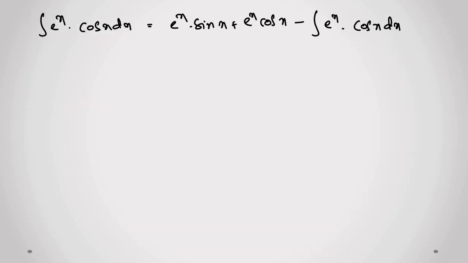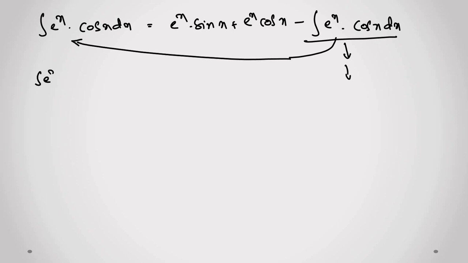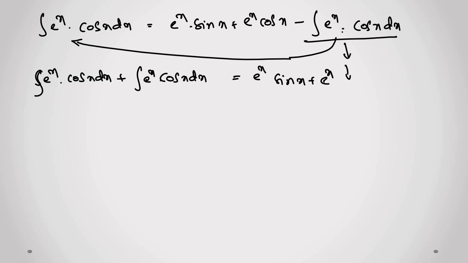So if we do so again, it will go like that only, step by step another thing will come. So I will take this one to the left side of the equation. It will become integral e power of x into cos x dx, plus integral e power of x into cos x dx will come. So this is equal to e power of x sin x plus e power of x cos x will remain here, so this will become 2 into integral e power of x cos x dx, and it is equal to